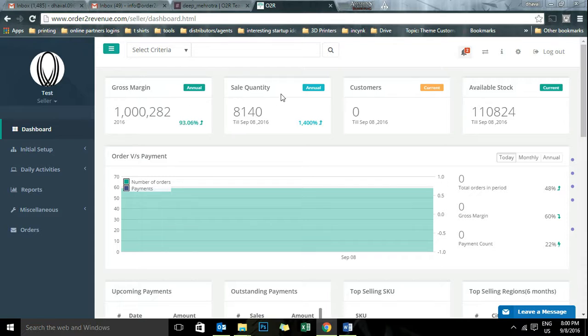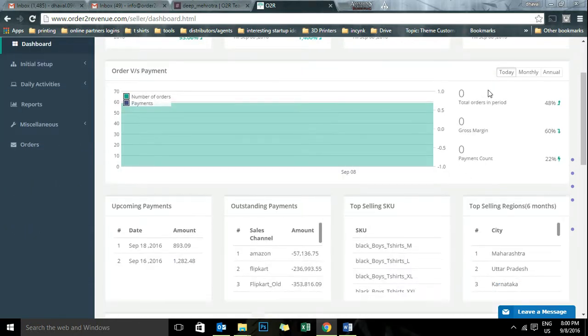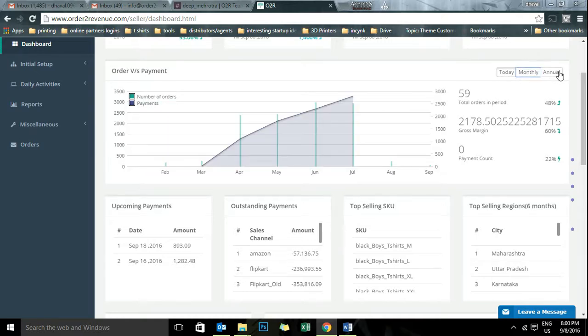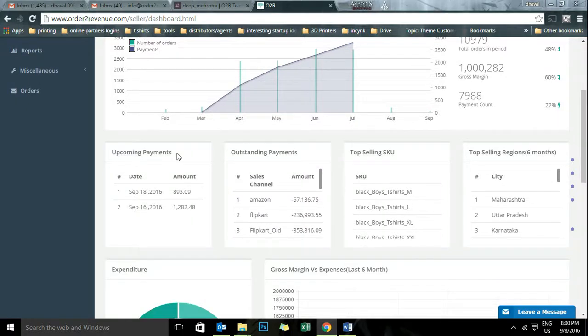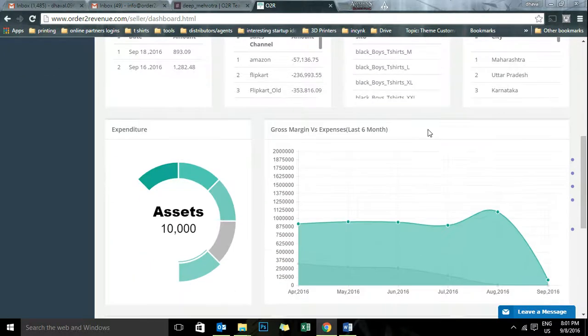the current fiscal year, the total number of customers added to the database, total available stock in the warehouse, on daily, monthly and annual level, the number of orders and the payment count, the upcoming payments he can expect to receive in the next 10 days, the total outstanding payments, the top selling SKUs, regions, a brief on gross profit